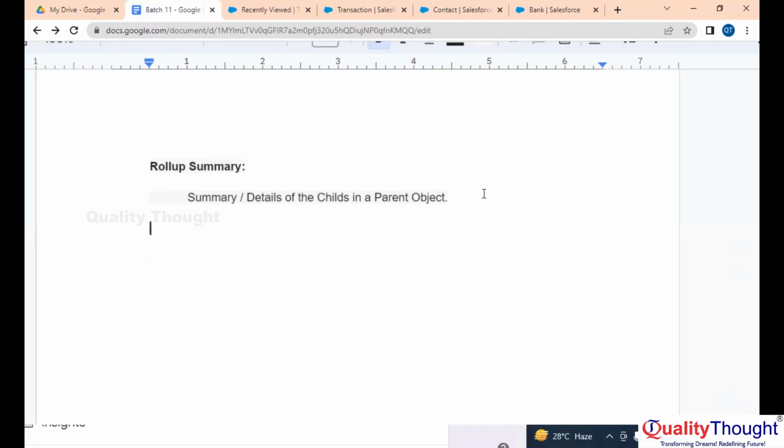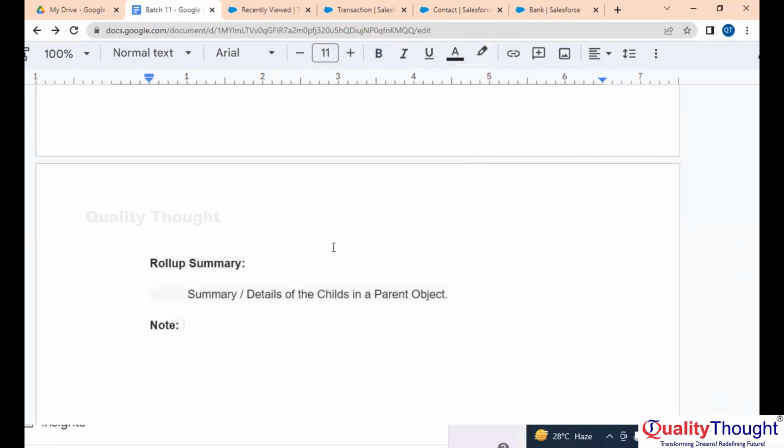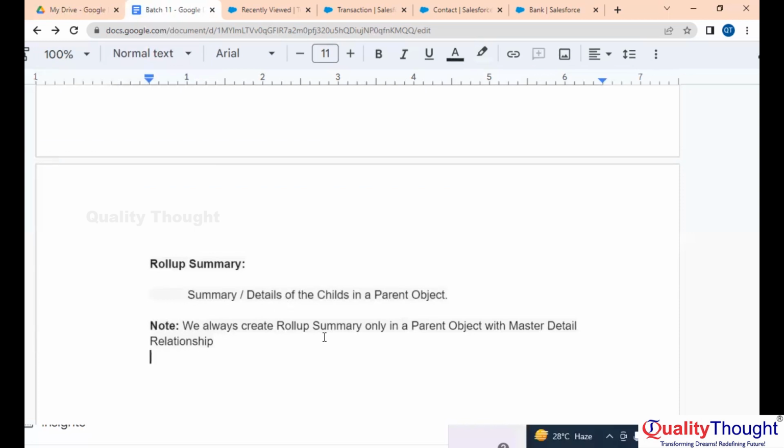Now this one note is important. We always create roll-up summary only in a parent object with master detail relationship. With master detail relationship, which means